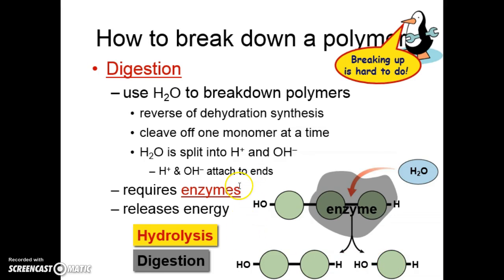And again, this is going to take some enzymes to break this apart. There is a release of energy as we break it apart in this case. But enzymes were needed again to get it going, to lower that activation energy. And once you do, then you get a release of energy. So this is reverse of the dehydration synthesis. You're cleaving off one monomer